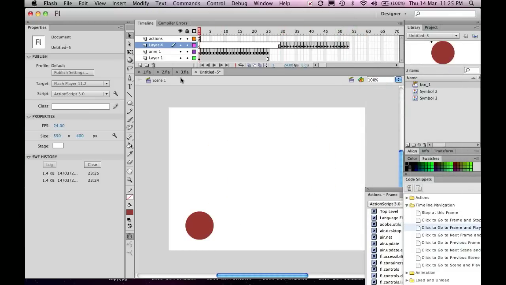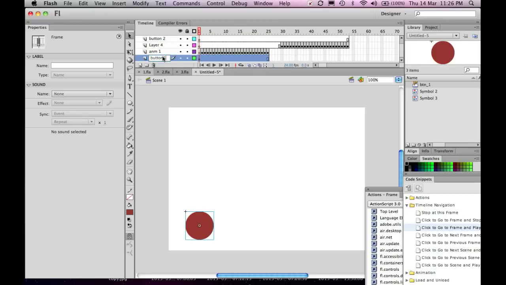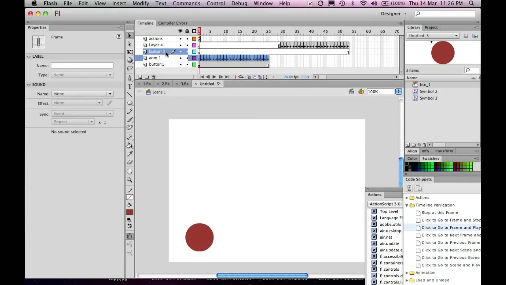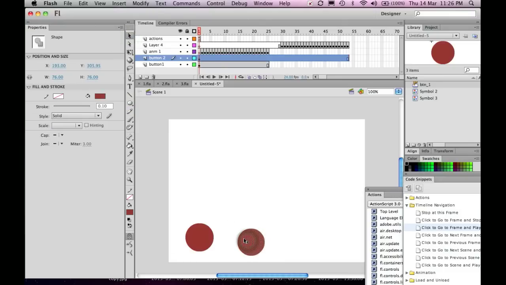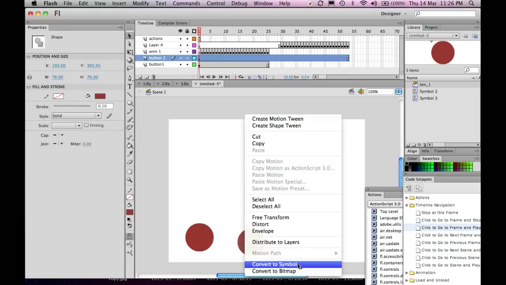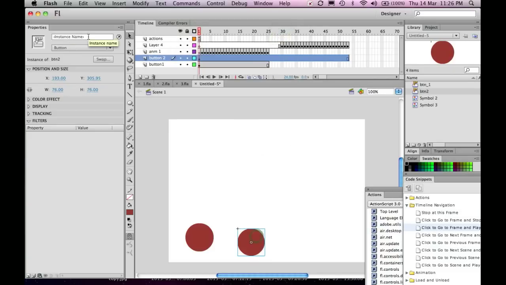So we're going to need a second button happening, okay? So I'm just going to make a new one here. I'm going to call it button 2. And just so we don't confuse ourselves, I'll call this layer here button 1. And I'll put the button layers close together, so we can see what's going on. So we got button 1 and button 2 on top of each other. And I'm just going to draw another button down here for button 2. Okay, and just going to right click that, convert to symbol, and we call this button 2, BTN2. Okay, everyone okay with that? Give it an instance name up here as well,